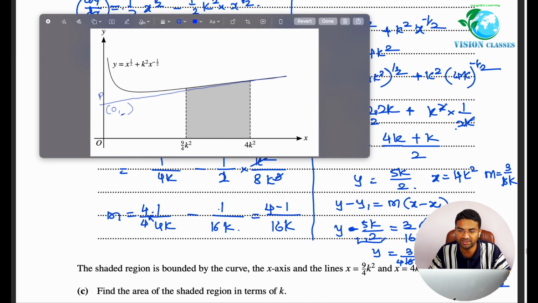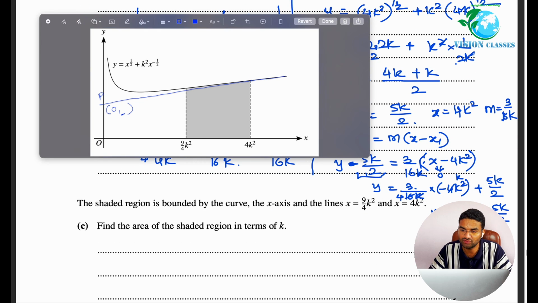And for your y coordinate value, you will get y is equal to, multiply this 5k upon 2 by 2, 5 times 2 is 10, 10 minus 3 is 7k upon 4. That will be the y coordinate of point P. That's it, right? So this is what you will get. Fine. Then next,